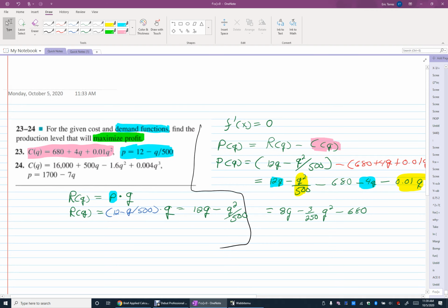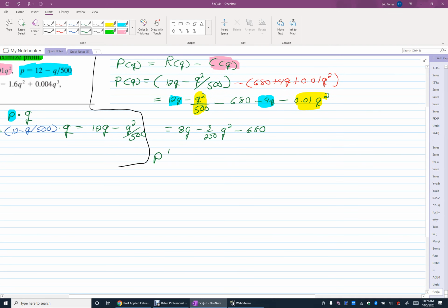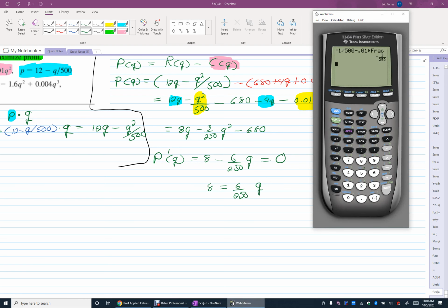I've got a profit function, and I want to find the max value, which means take its derivative and set it equal to 0. So let's do that. P prime of Q equals 8 minus, let's see, 6 over 250 Q, set equal to 0. Okay, so now I'm going to solve this. I'm going to move that negative 6 over 250Q to the other side. And now I'm going to take that 8 and multiply it by 250, and divide it by 6. And I'm going to get